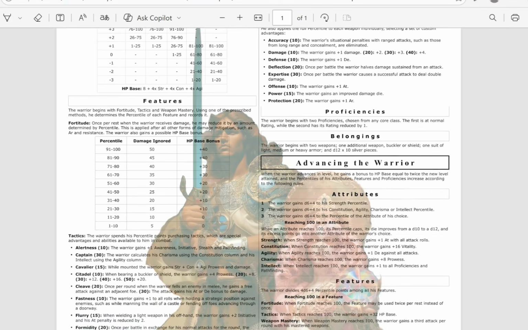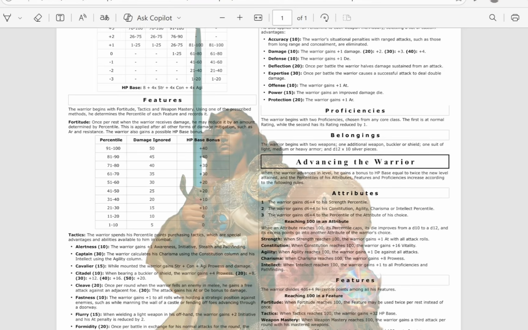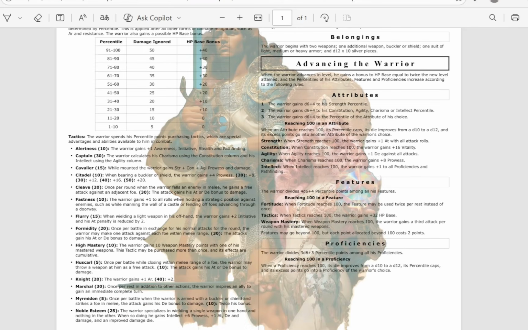They're more made for battle. Then you have fortitude, which is just a big hit point bonus, and also an ability once a day to negate damage outright. Just take that one big brutal hit and shrug it off. And then tactics, just a bunch of moves and special abilities in combat. There's a bunch of different types. Some of them are more transformative, but for the most part, they're just tactics in combat.